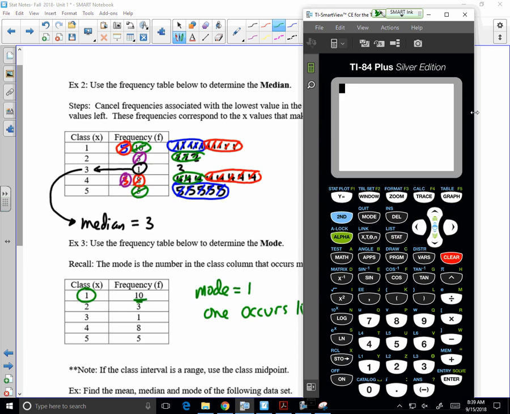So, fair enough. Packets. That's the one. Okay, so